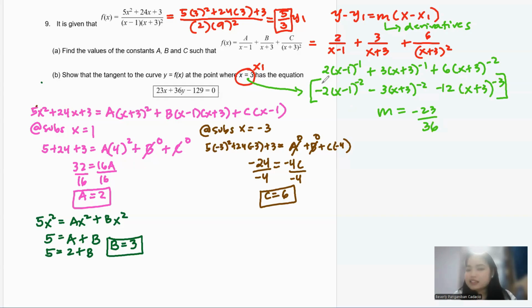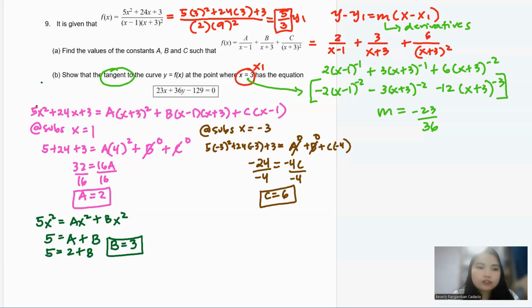This is a gradient of a tangent. So you don't need anything to do there. But if it's going to be normal tomorrow, show that the normal to the blah blah, you're going to do negative reciprocal. Okay? Everything you learned from the past 2 years, or for all of your mathematics journey, guys, you need to use it every time. Okay? So again, if it's normal, you're going to do negative reciprocal. But since it's tangent, as is.